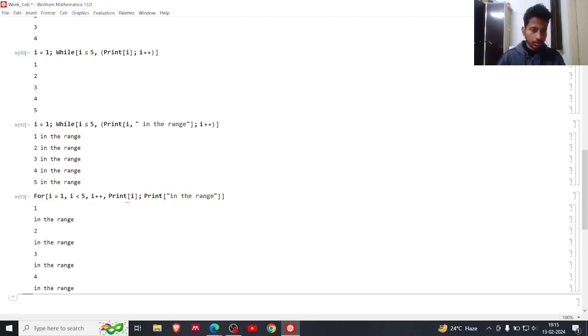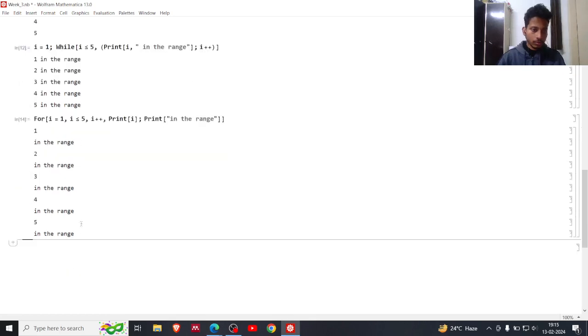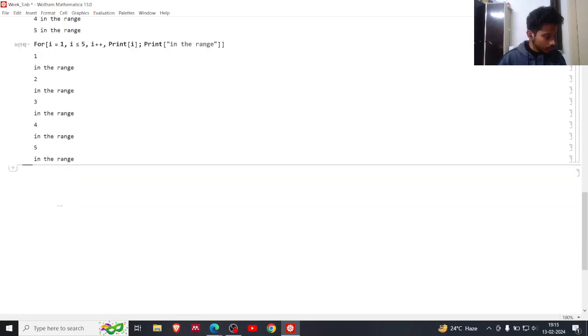Here you can see we are using for loop. We are executing two commands when I less than equal to 5, print I and print in the range. Okay,